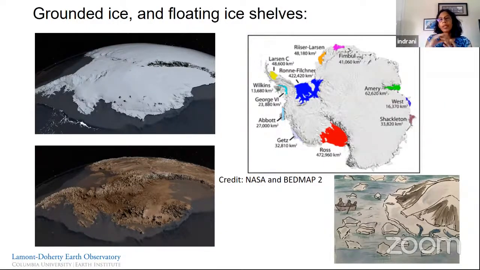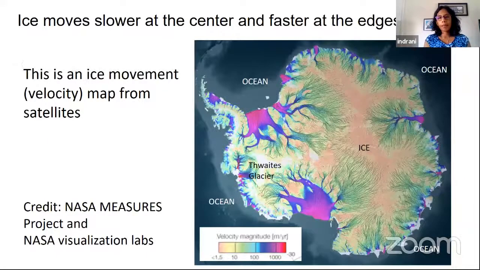And ice shelves are important. They're already floating, so they don't contribute to sea level rise in the way that we would think, but they are used for holding back huge amounts of grounded ice. They apply back pressure and hold the grounded ice from flowing too fast out into the ocean. That is why it's important to know the ice shelves, and that's their purpose.